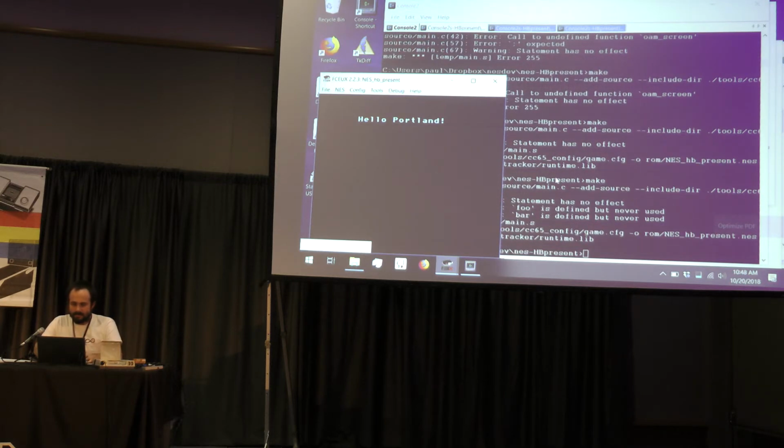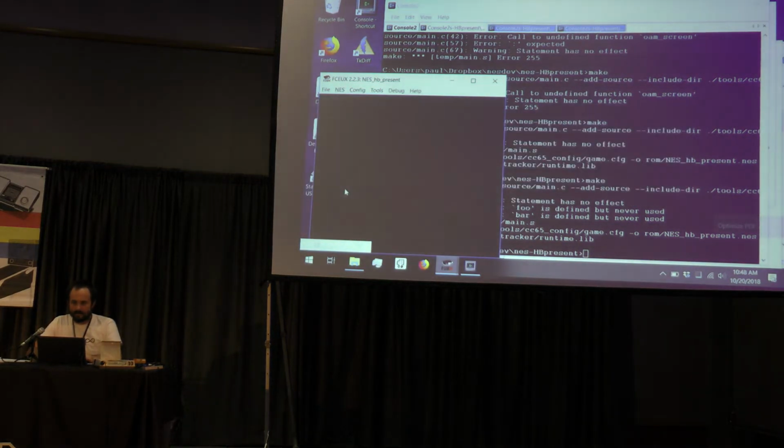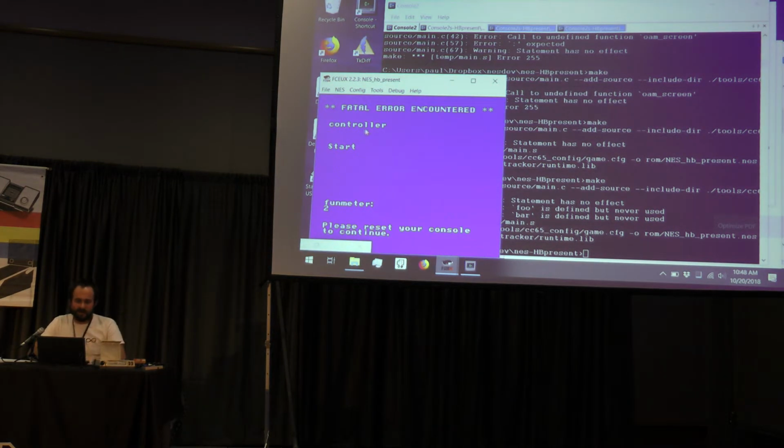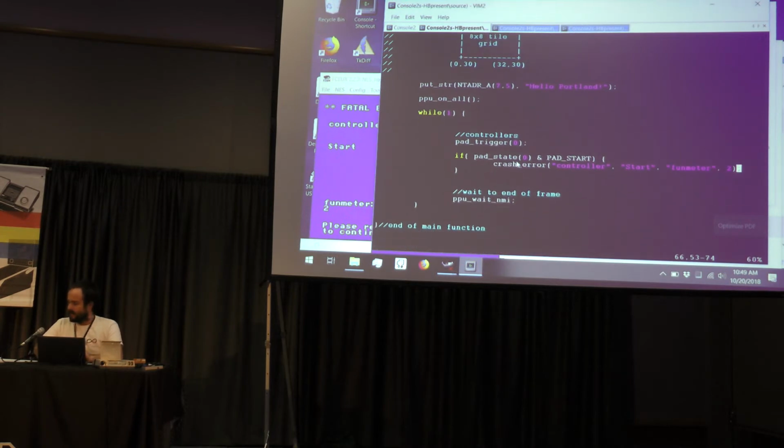So got some warnings, but that's okay. So I went ahead and pressed the start button, and now we have a fatal error. These are just whatever we typed in and the integer that we wanted to print. So this just gives you a way, if you don't know what your variable is set to. Am I getting to this point in the code? You're just trying to find out where you're at. This is just a function that you can call from anywhere in your code, and it's just going to crash the CPU so that you know what's going on. All right, so